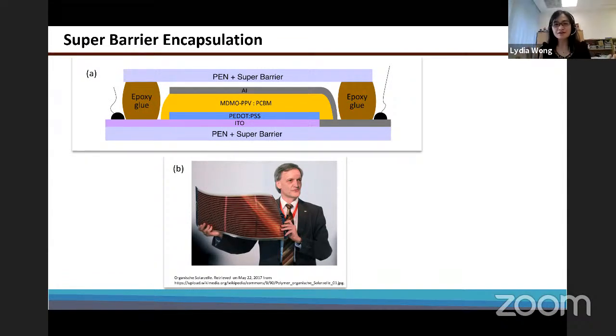For those who have done this research, you will know that in the lab, the organic photovoltaic will degrade over a period of days without encapsulation. But those that are being manufactured have an encapsulation, like using this PN plus super barrier that will prevent the moisture from going in. It is some kind of food packaging material. So nowadays we vacuum a lot of food to prevent moisture or oxygen from going in. We use a similar type for organic photovoltaic.